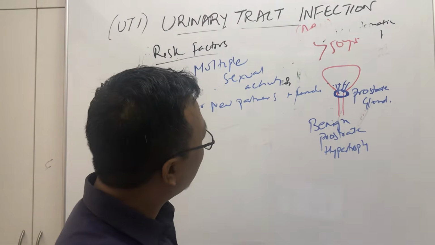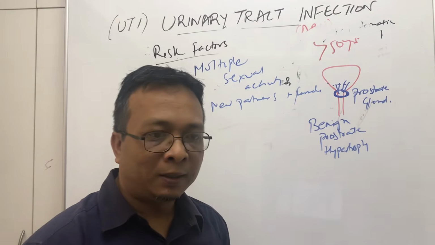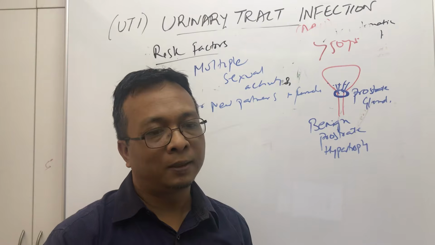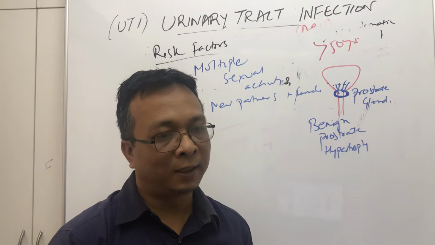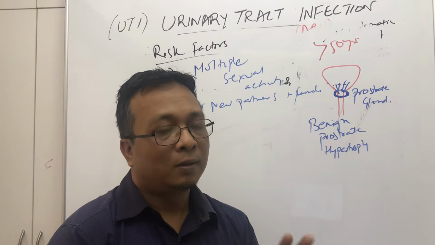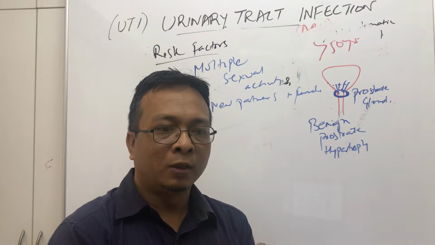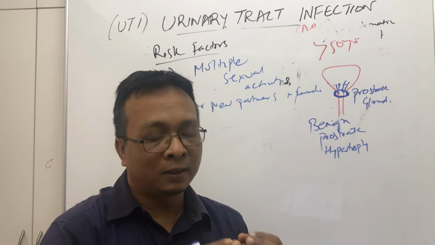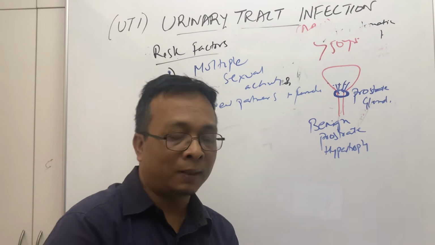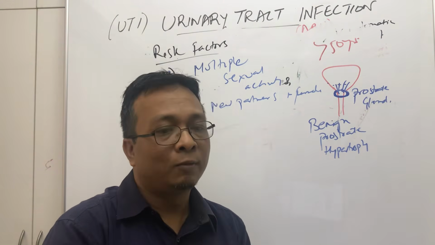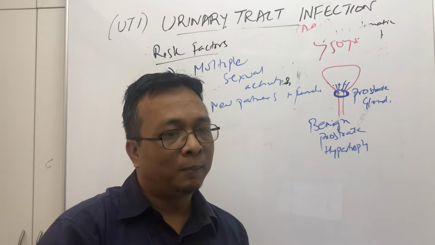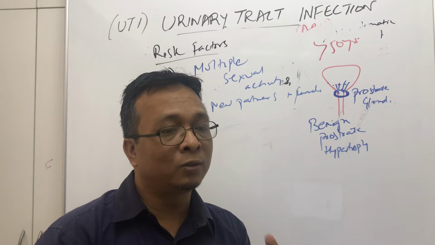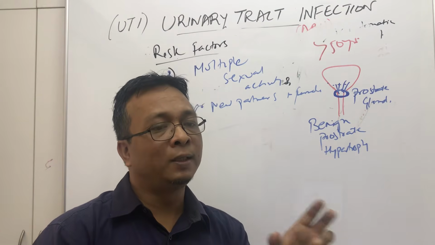Every time there is sexual activity, there is some bacterial invasion over the vagina. Females need to maintain normal personal hygiene, and it is a concept that every time there is sexual intercourse, females must empty their bladder, because emptying of the bladder after sexual intercourse tries to wash out any bacteria